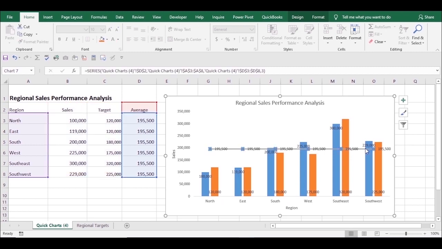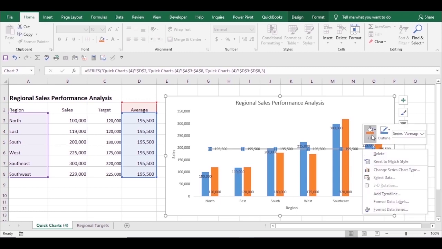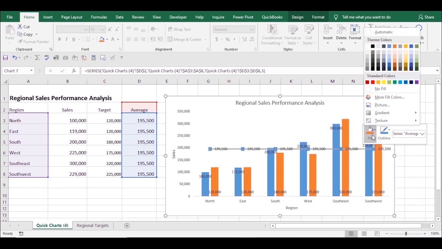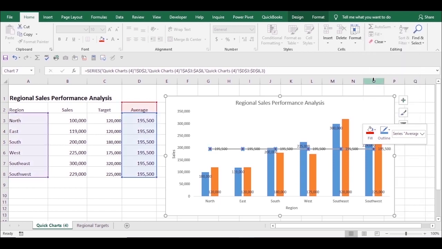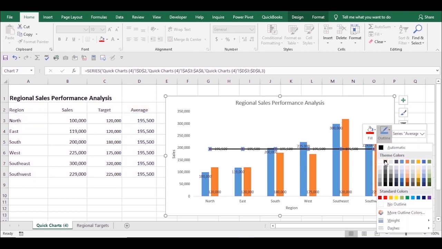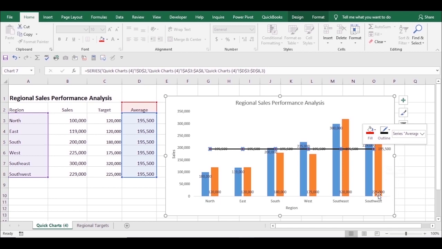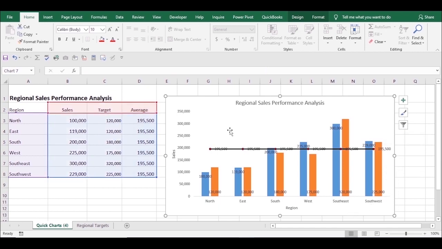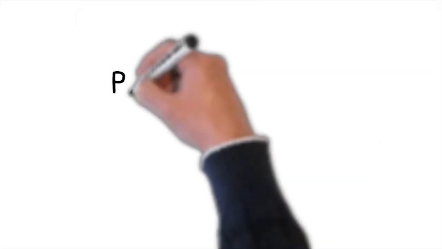Say you want to change the color of this line. So select the line, right click, and you can get this fill color option. Say I want to change it to red color, and the outline also I have to change to, say, a black color. So it's more visible now. Now your average column can be properly seen. We have successfully incorporated all the changes that your boss wants, and now this graph is in a very presentable state.